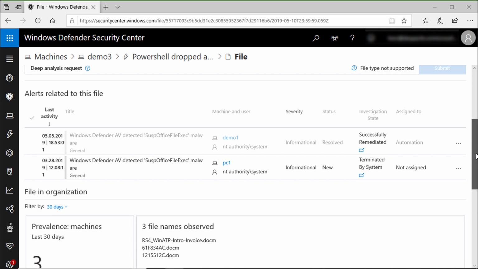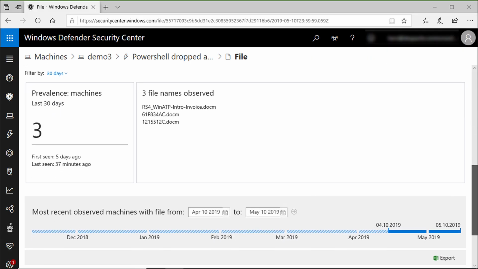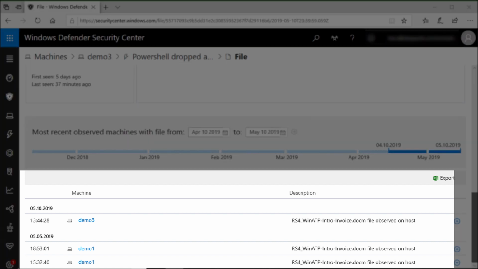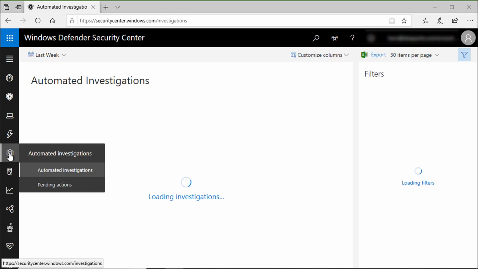You will also get alerts related to this document, and the most important part is you get a list of machines where Microsoft Defender ATP sees that file in your organization. In this case, we have 3 machines where this Word document gets dropped. This is important for you as a security professional because it's not just mitigating the threat on one machine, but you really want to see if this attack spread to other machines and then cover all infected machines during your